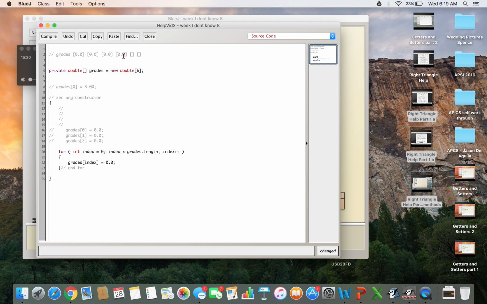It's just traversing this array and putting in this value. And then at the very end, suppose it did all of this, the last one would be 0, 1, 2, 3, 4, 5. So suppose index is 5, grades in the 5 position gets 0.0. It gets to this, it increments. So from 5, it adds 1, stores it back in index. So now index is 6, and then it checks it. Is 6 less than 6? No, it's not. So then it doesn't